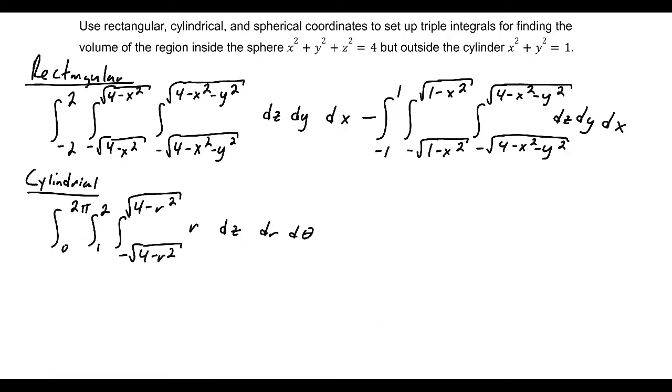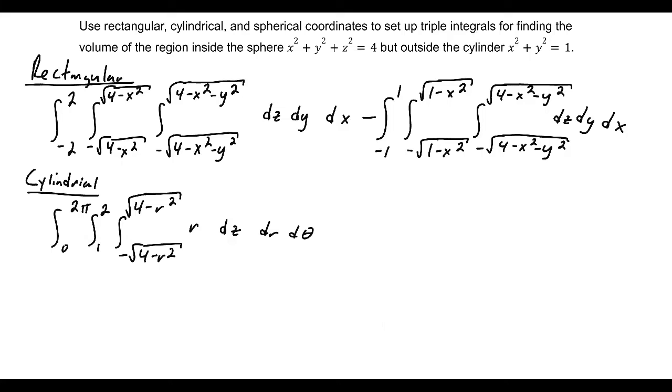And that will take care of the volume in cylindrical coordinates. Now finally, we need to consider spherical coordinates. The issues are going to be, again, finding the boundaries. We need to consider phi, we need to consider rho, and we need to consider theta. Theta will again go from 0 to 2 pi, so that one's not an issue. We do have an issue with rho